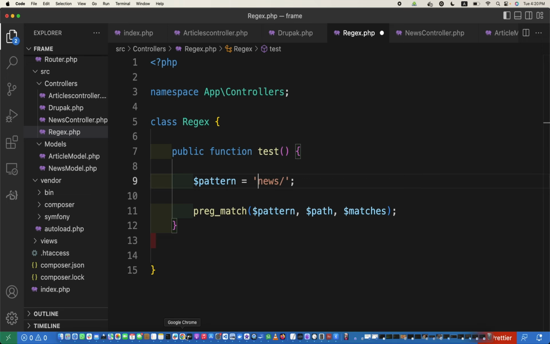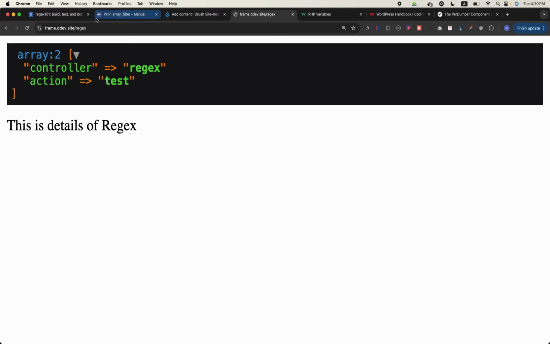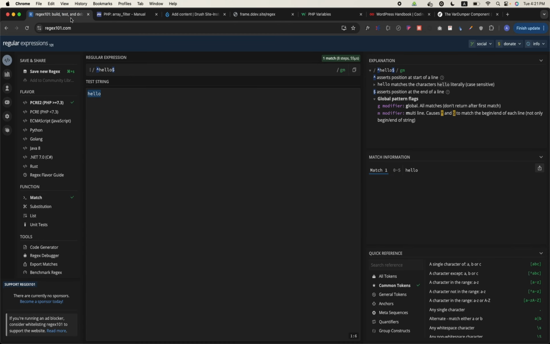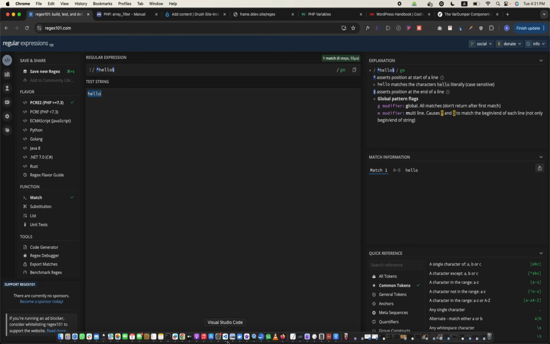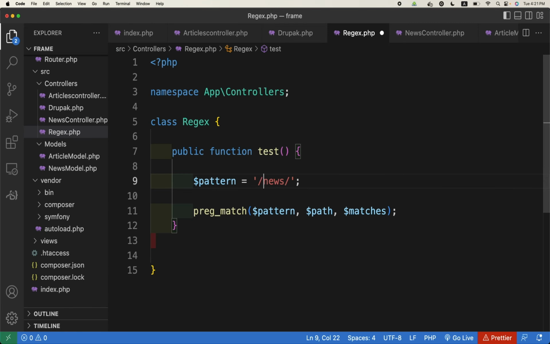and by the way, we should go to one of the websites as well, which is known as regex101.com. Okay, so you can test all your regex here as well. Okay, so the text should be this. For example, now if the path is news slash, for example, 10, the path is news slash 10,